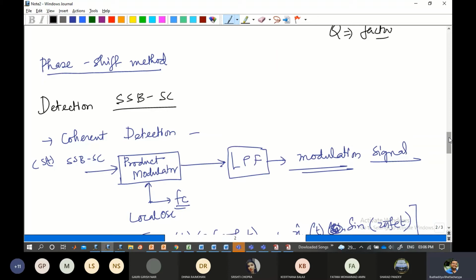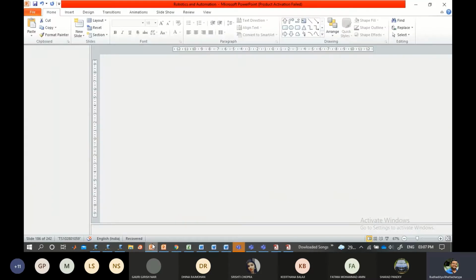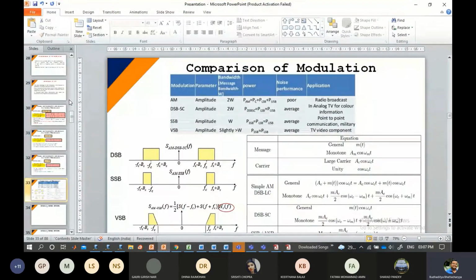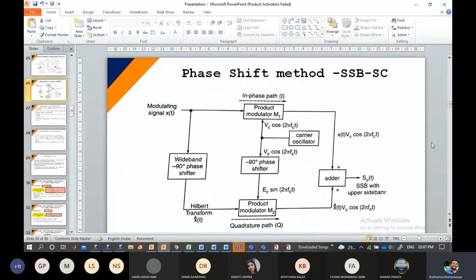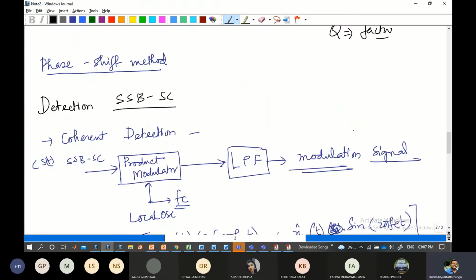Because it's mostly a balanced modulator that we had done in DSB-SC. So the diagram was already there in the previous case, I think. Sorry, I think somewhere over here. Yeah, this was the phase shift method. Okay, so we had already discussed this some time back, and regarding that also we have